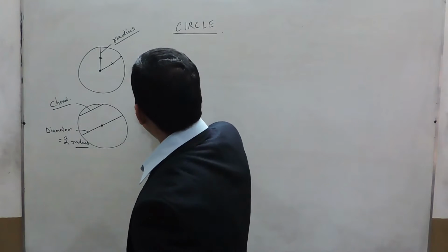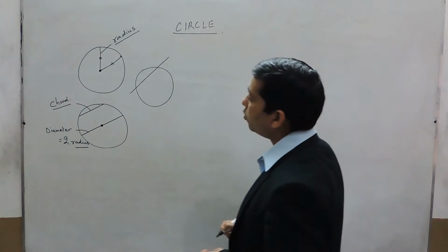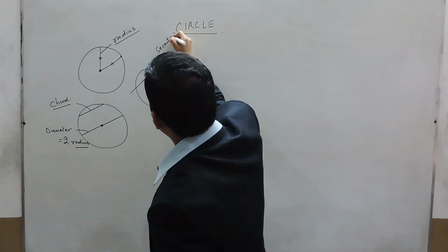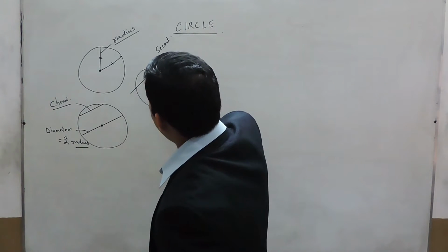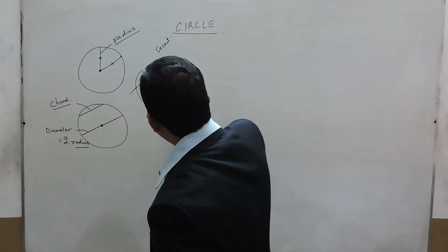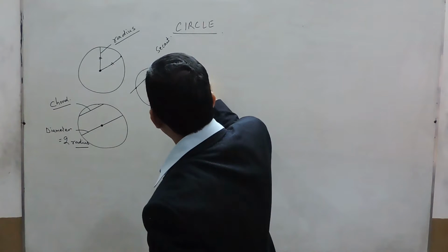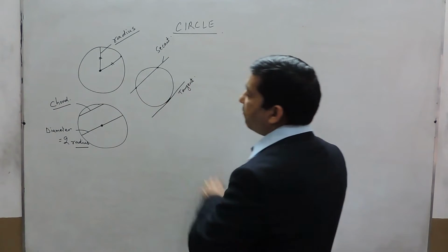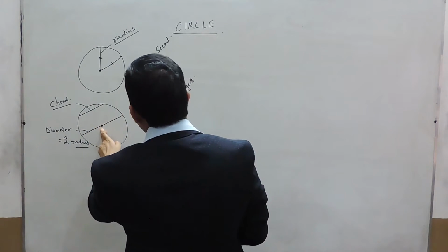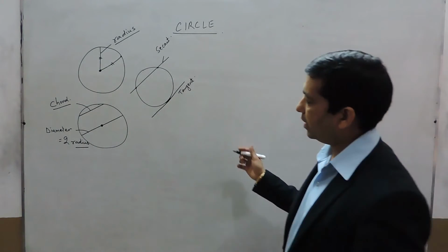If we talk about a line which is cutting the circle into two portions, then this line is known as a secant. And if this line, instead of passing through two points, passes through only a single point on the circle, then this line is known as the tangent. So if we are dividing the whole circle into various portions, then the chord, the diameter, the secant and tangents are the most important terms used in it.